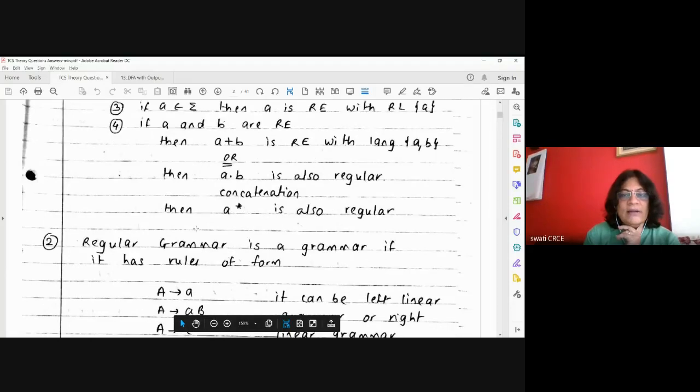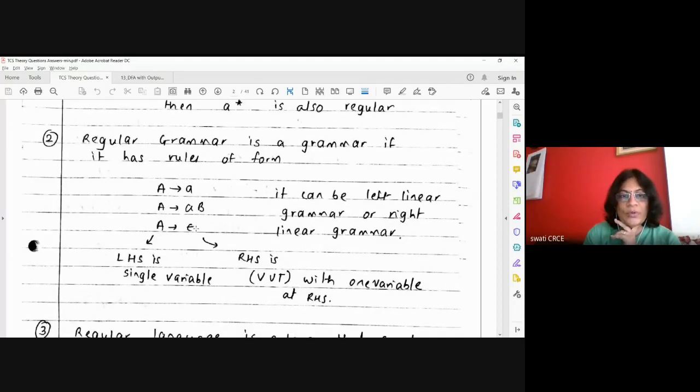Now what they are asking is, what is a regular grammar? Remember, now I am telling you some rules. This is also something new to you. A regular grammar is a grammar for the regular language accepted by a finite state machine. Now this grammar is written like this, where the left hand side is a variable and it is written in the form of a capital letter. The left hand side of a regular grammar is always a single variable. You cannot have multiple variables on the left hand side.